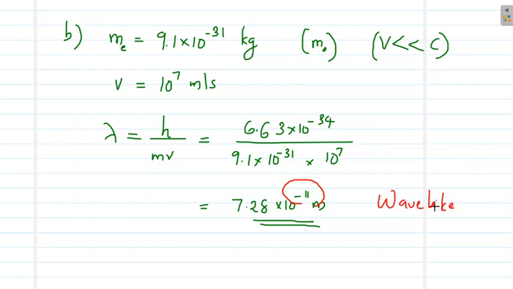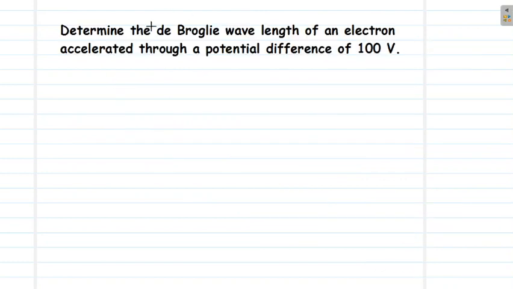as well as particle-like nature. This is the concept that we have discussed, the wave-particle duality. The matter wave that we have discussed has a very considerable wavelength, and it becomes obvious in many phenomena. Now moving on to the second problem.